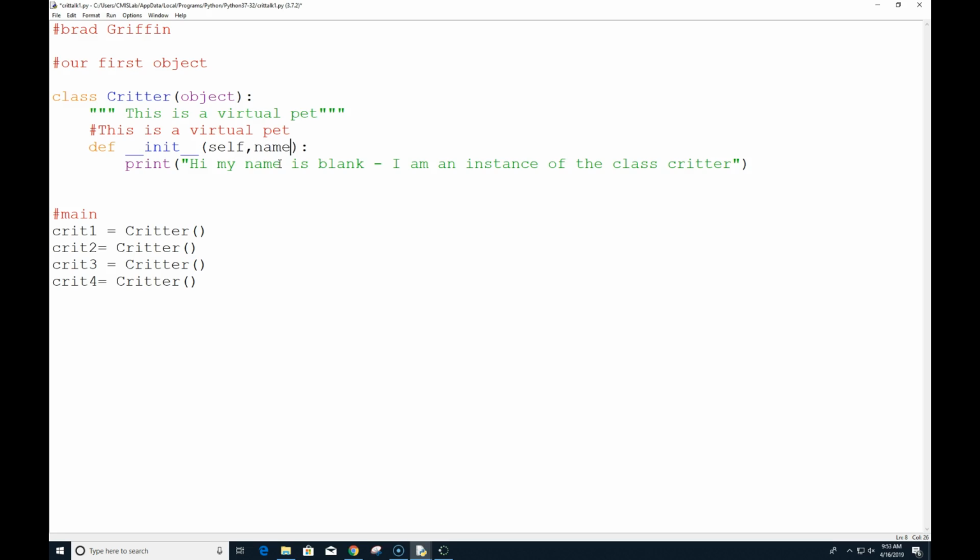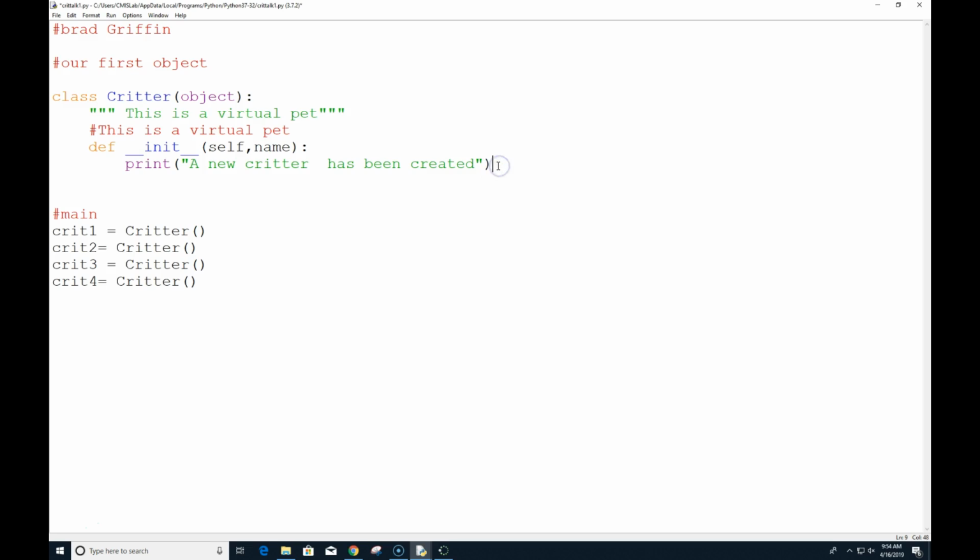And we're going to add name. And name doesn't mean anything. It's just a variable, so don't get hung up on that. I have had some students do that. So I'm going to change this just slightly. And I'm actually going to change it to, just so we can differentiate between it and the talk function, a new critter has been created.